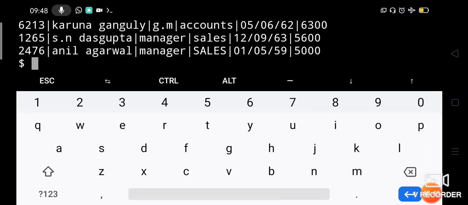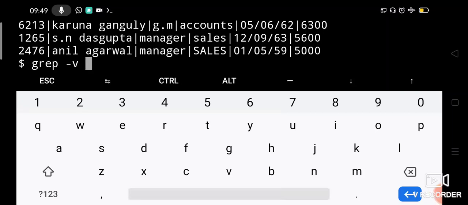Okay, we then check for the -v option, right? -v option is for deleting the lines, but it will not delete the original contents of the file. It will only delete those lines in the output. Okay, so now let us see. Let us give grep -v.